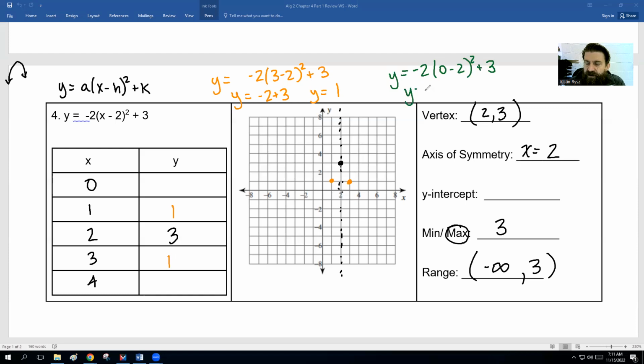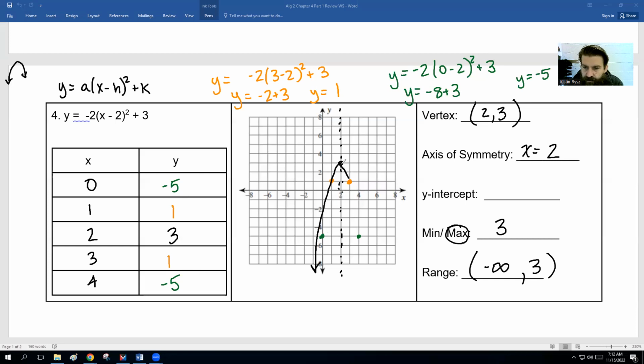All right, this one be very careful with. 0 minus 2 is -2. -2 squared is +4. We times that by -2, that's -8. -8 plus 3 is -5. So when we plugged in 0, it's at -5. We plugged in 4, it would also be at -5. So 4 is at -5. 0 is also at -5. Good enough to get our